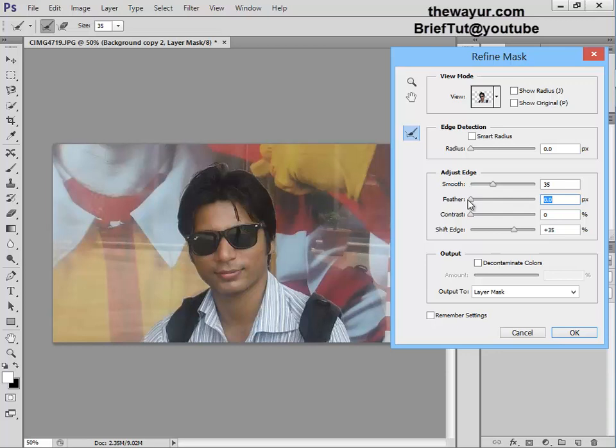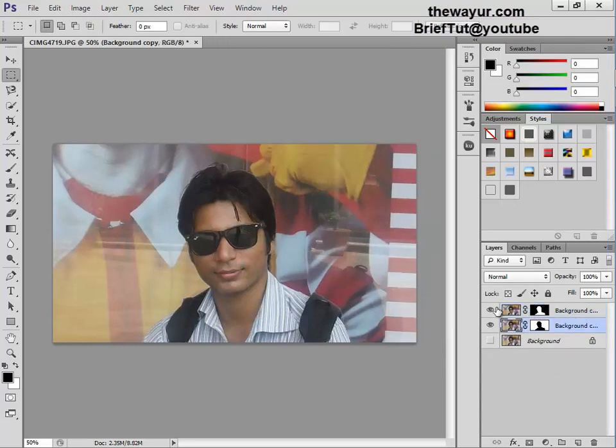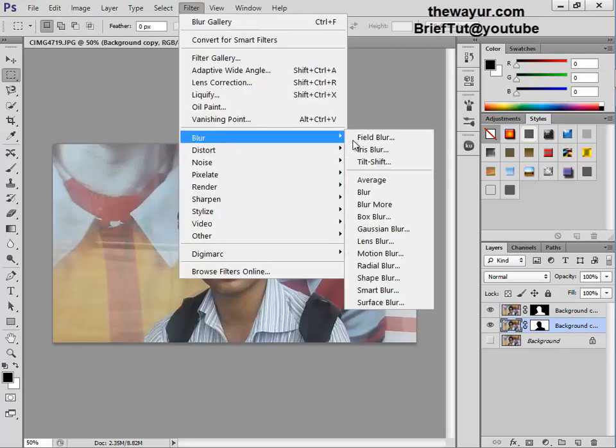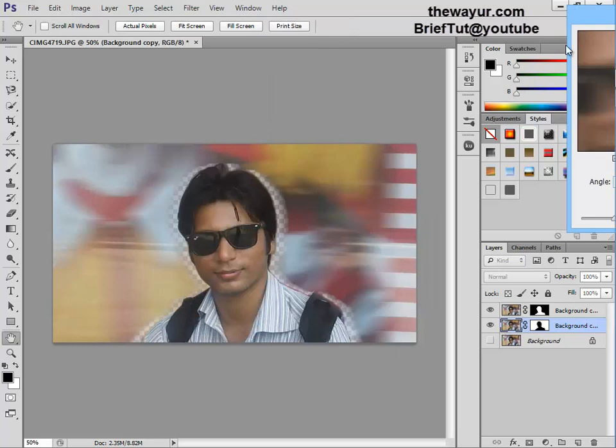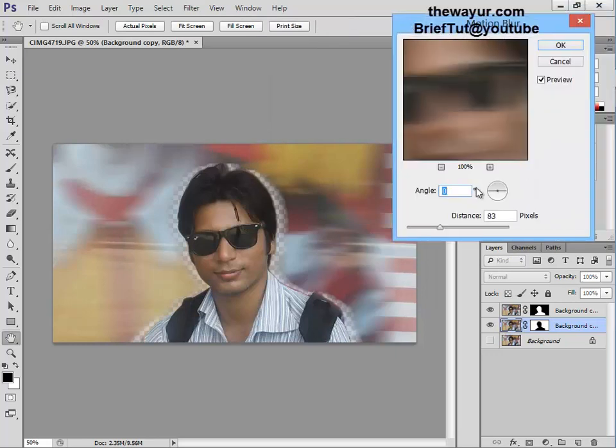Just keep the feather very low. Okay, click OK and apply the blur again, and let's use motion blur for the background. You can see the motion blur has given a much bigger difference between foreground and background, so at that time